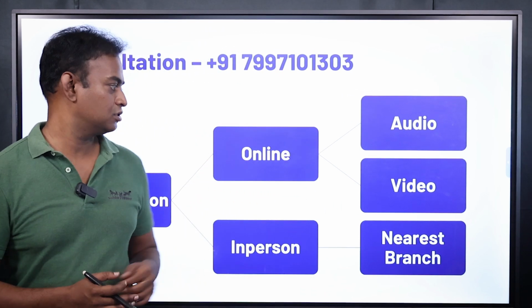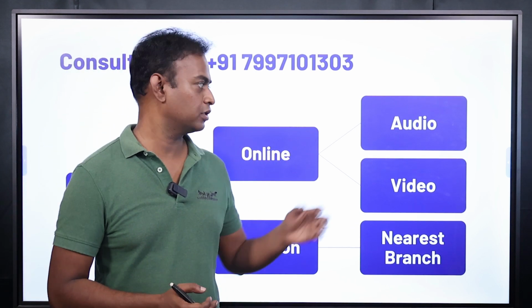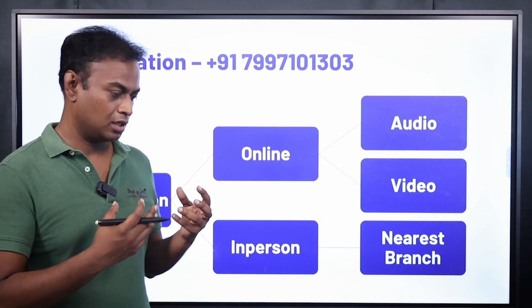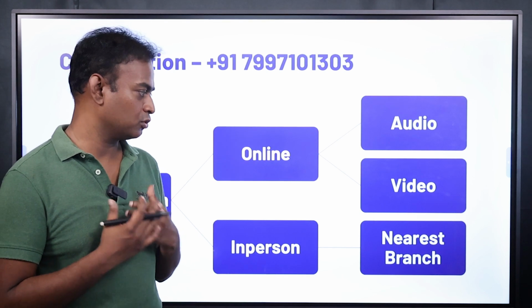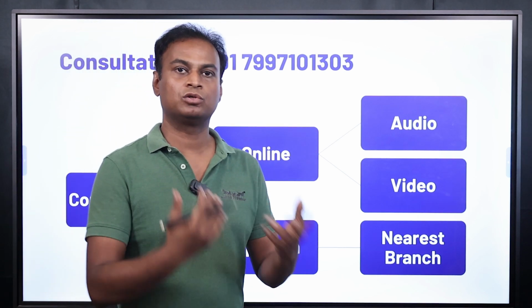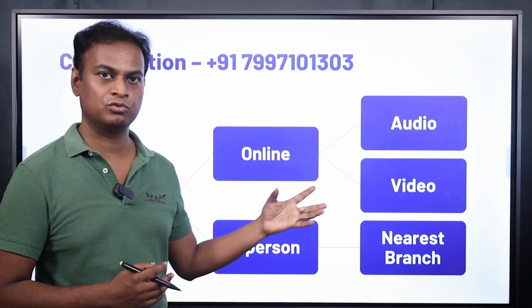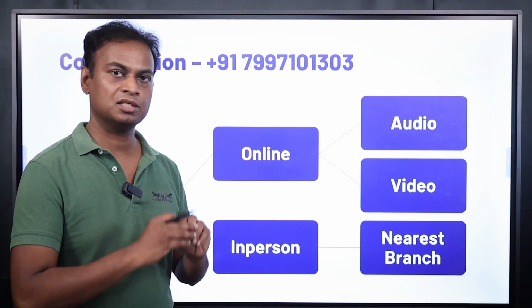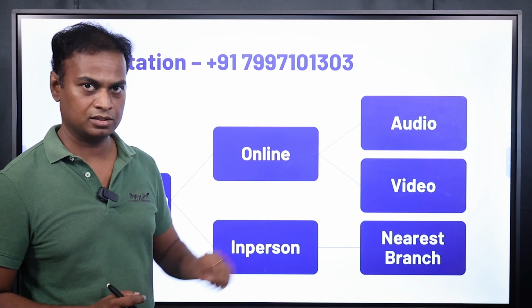For treatment of autism, we have two types of consultation. One is online consultation, the next one is in-person consultation. In online consultation, you can have a video call or audio call with us. So we will discuss deeply, and we can see the kid as well, and also you can exchange whatever reports you have. The treatment can be given to your doorstep wherever you are in the world. In India, it will take 3 days. In the US, it will take 4 days. To any other country, it will take 5 days. Except for Pakistan, we can send to any other country in the world. This is about online consultation.